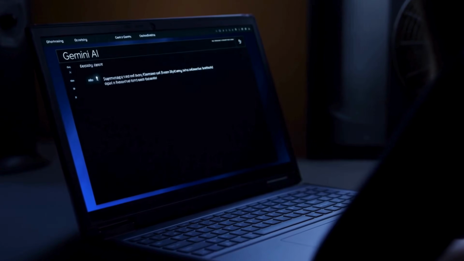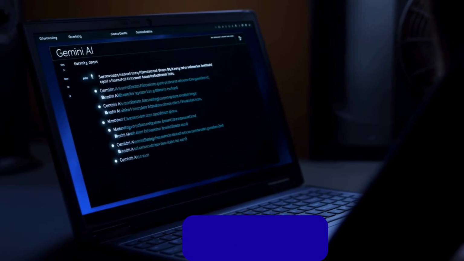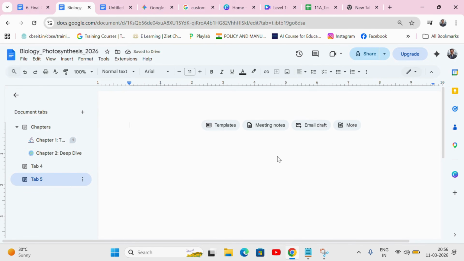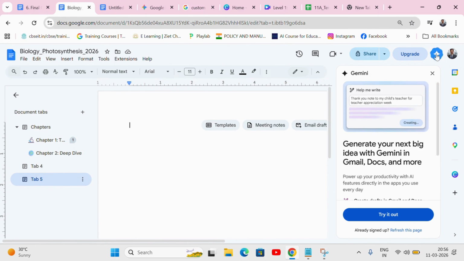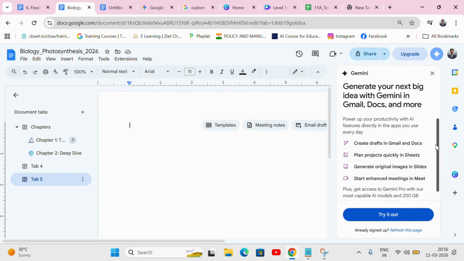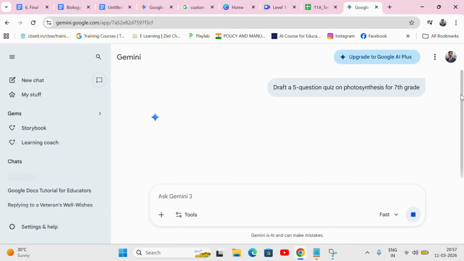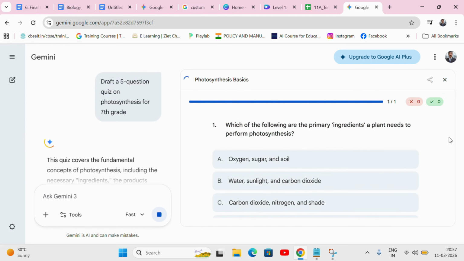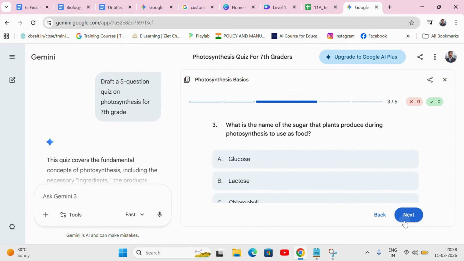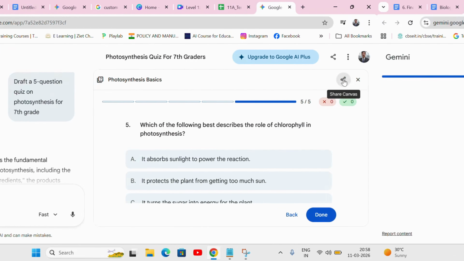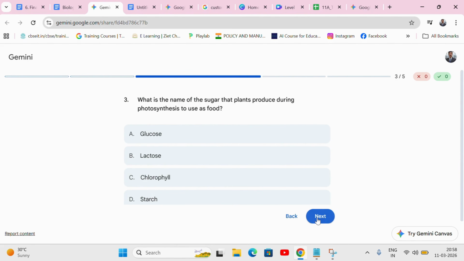Next, one of the important features of Docs is Gemini AI. You are staring at a blank screen, and you still need a quick check for understanding for tomorrow. This is where you call in your assistant. Click that "Help me write" icon, that's Gemini AI. Just type, "Draft a 5-question quiz on photosynthesis for 7th grade." In about 5 seconds, you have a solid starting point. It's not just a document anymore, it's a creative partner that handles the heavy lifting so you can get back